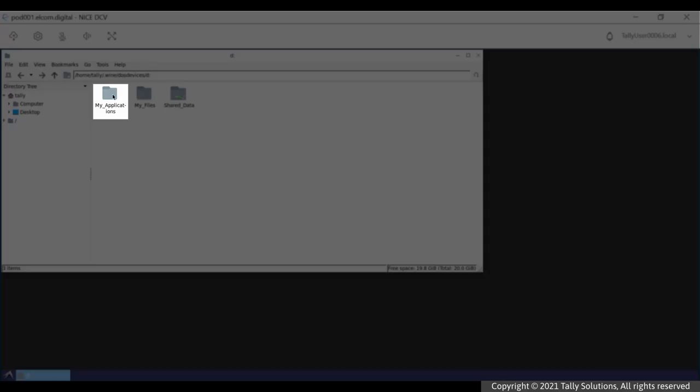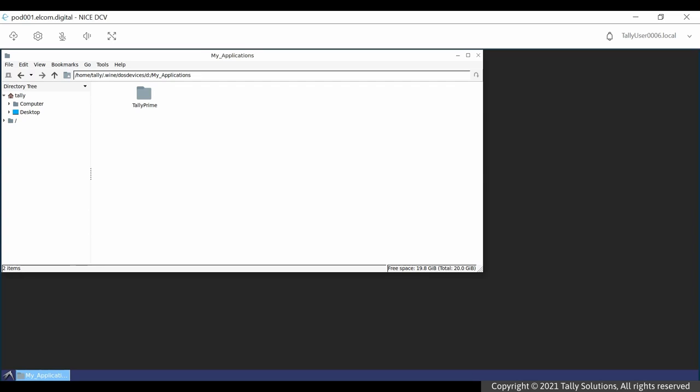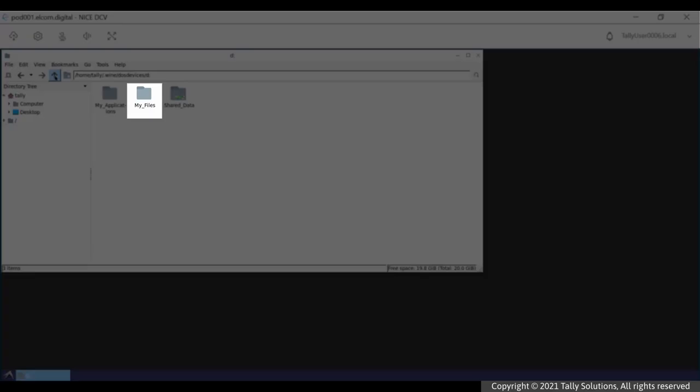The My Application folder has your Tally Prime and acts as the default installation folder. The My Files folder is an exclusive storage space for the user of this computer.